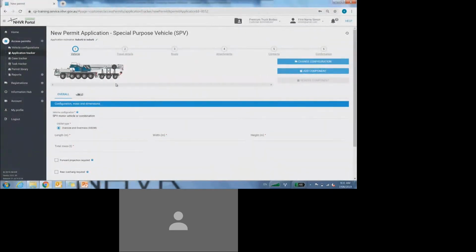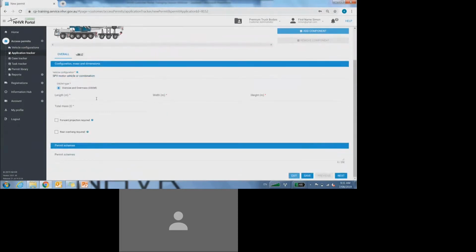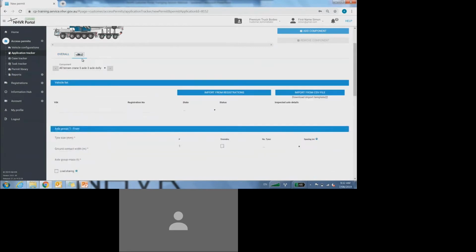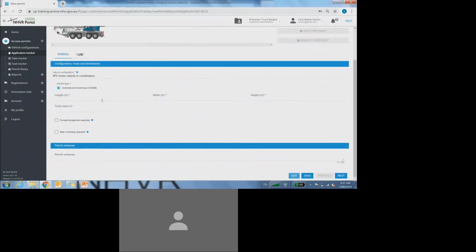So I'm now going to go through all the crane details just quickly before we move on to the next step of the application. So you can see here, as a crane, it's only giving you one option as oversized and overmass, and that's because we need your axle mass and spacings, doesn't matter how heavy you are. Okay, so length now. Actually, before I do that, I'm just going to select the correct number of axles so that my diagram looks a bit better. Length, width, height,